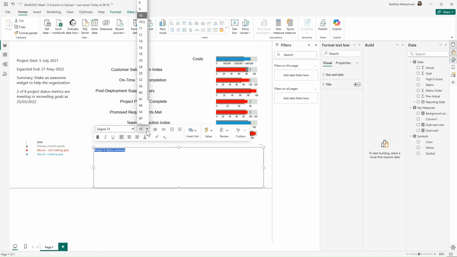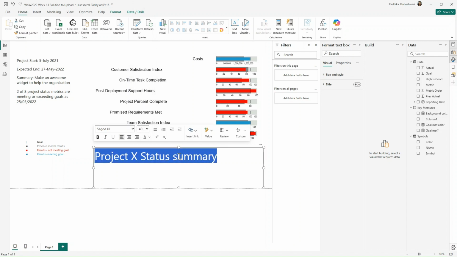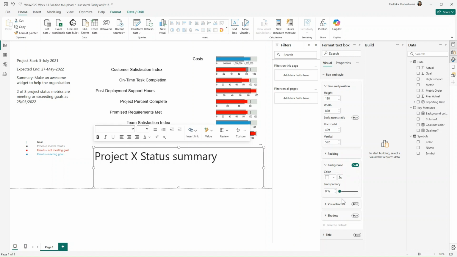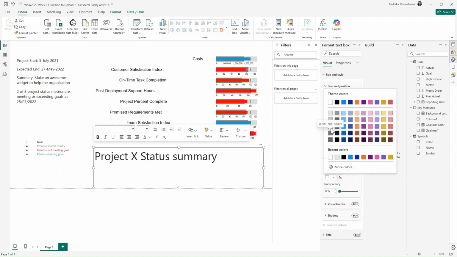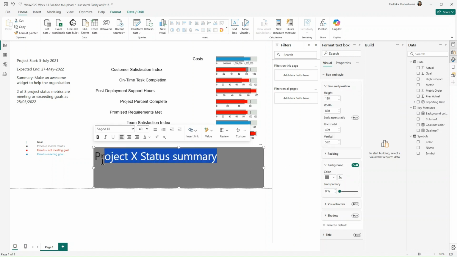I will format this as 40, give it a background color of the gray color, and change the font to a white color.